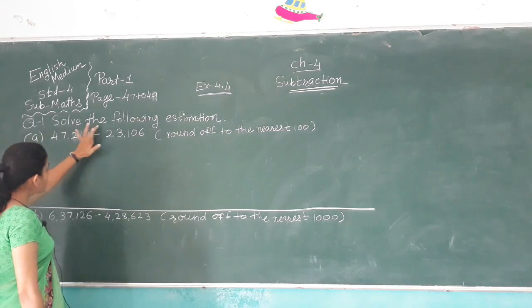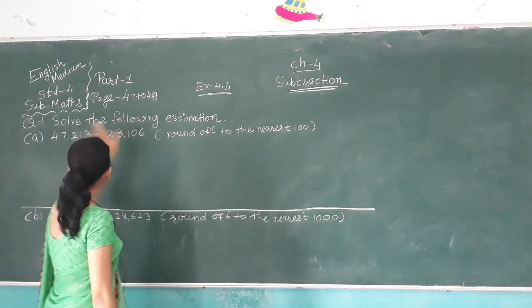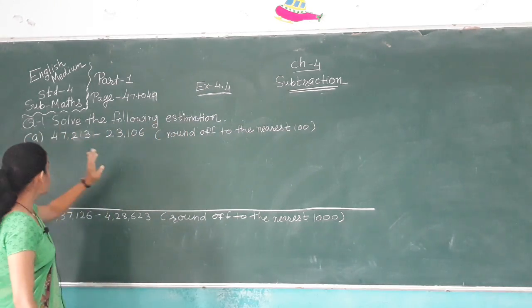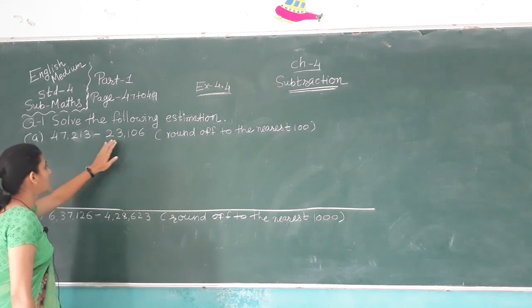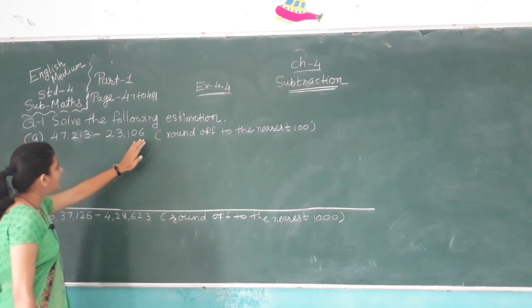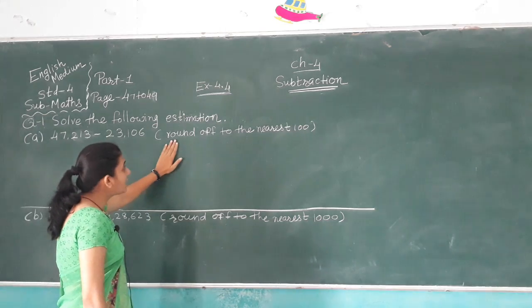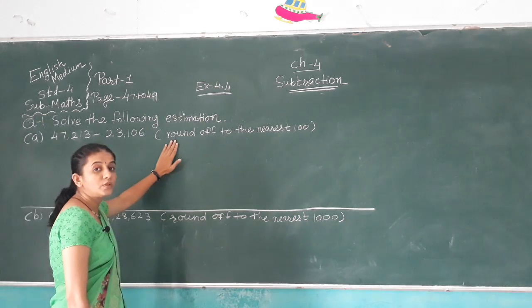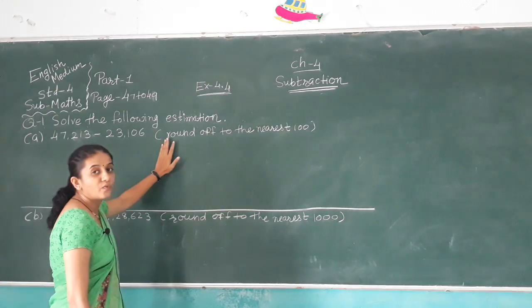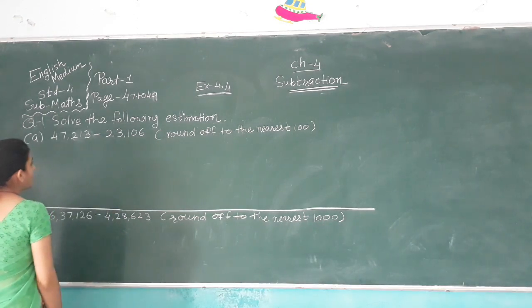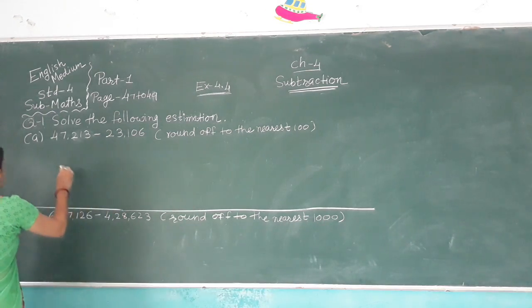Question 1. Solve the following estimation. 47,213 minus 23,106. First you find round up to the nearest 100. First we find round up to the nearest 100. So